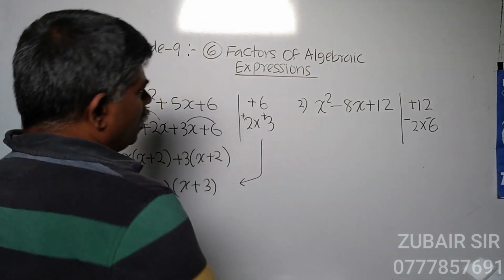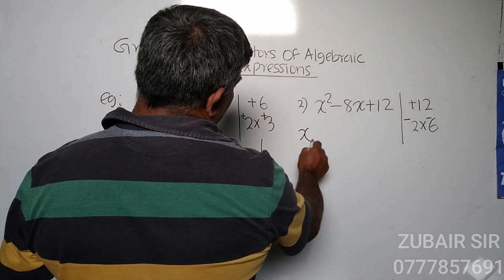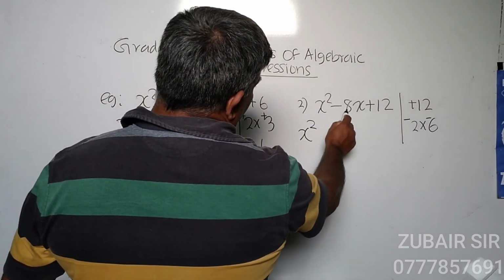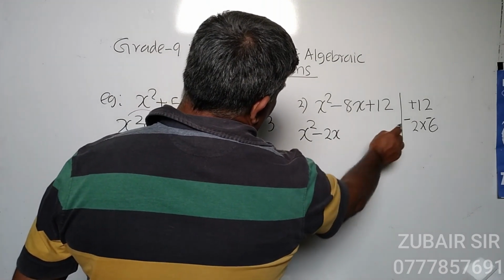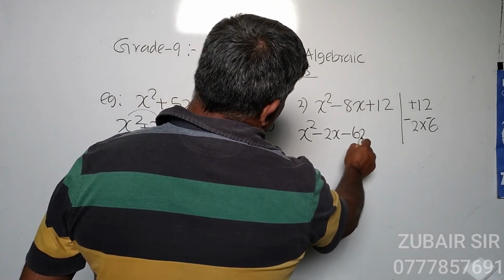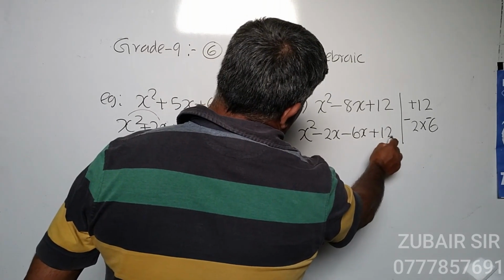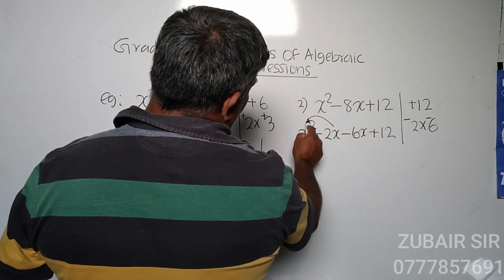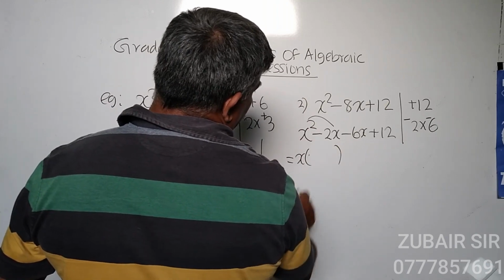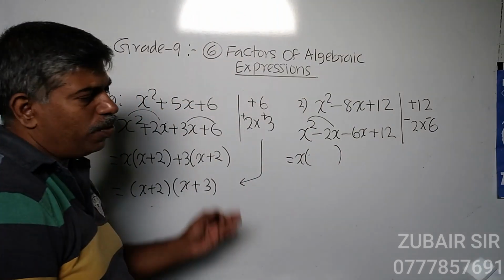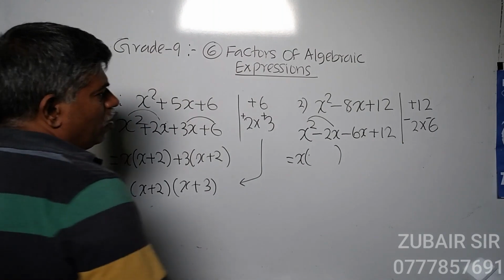Then according to this, we divide this into 4 terms. The x squared, we can divide this into 2 terms by using those two numbers: minus 2x minus 6x plus 12. Then when you take these two at once, one x can be separated. Here 4 terms are there, so we can follow the old system. So take 2 by 2.